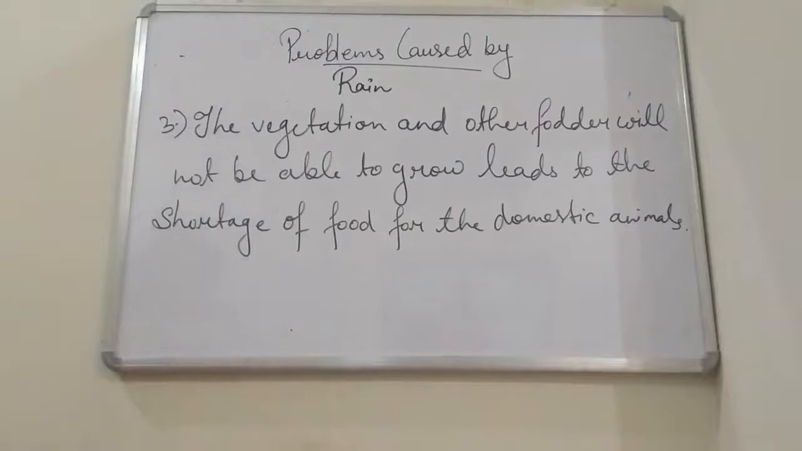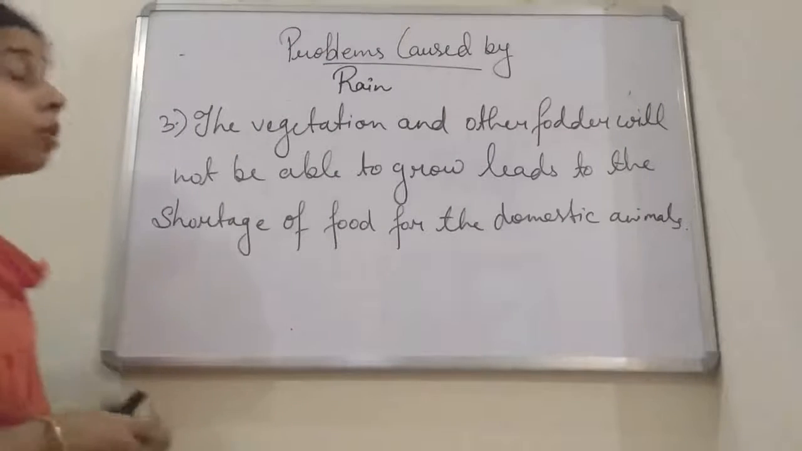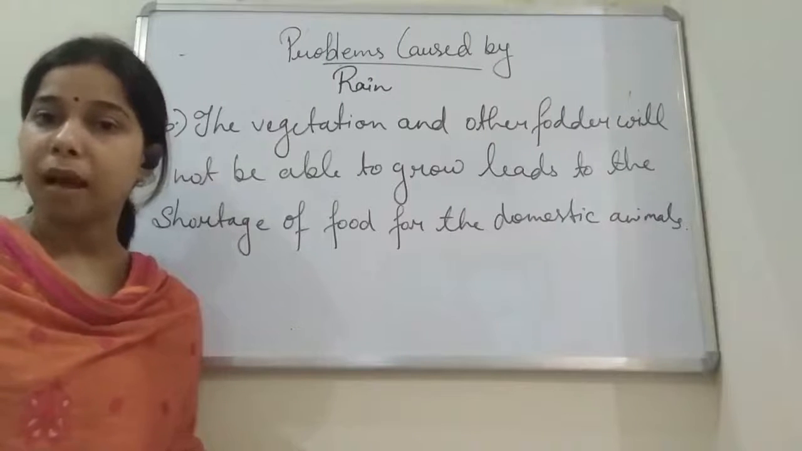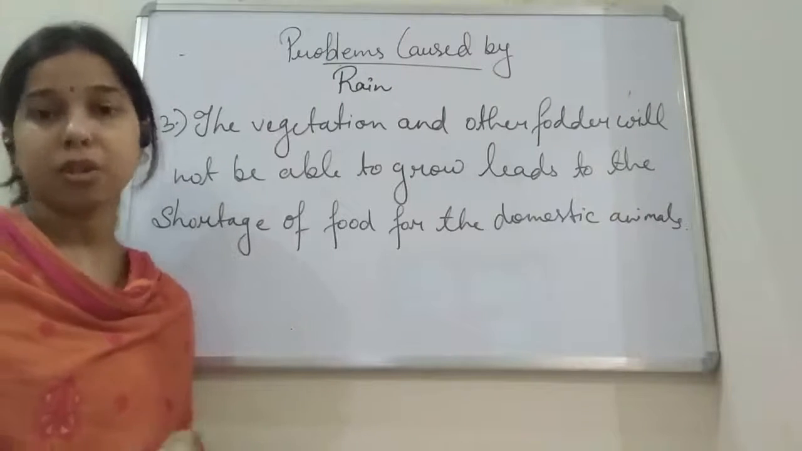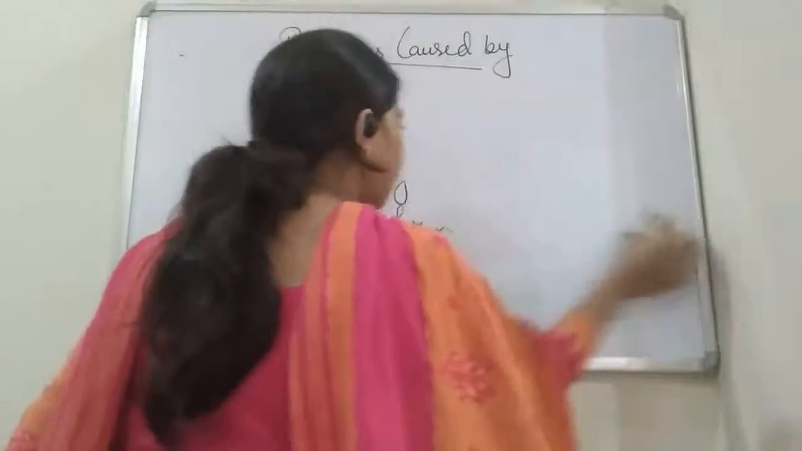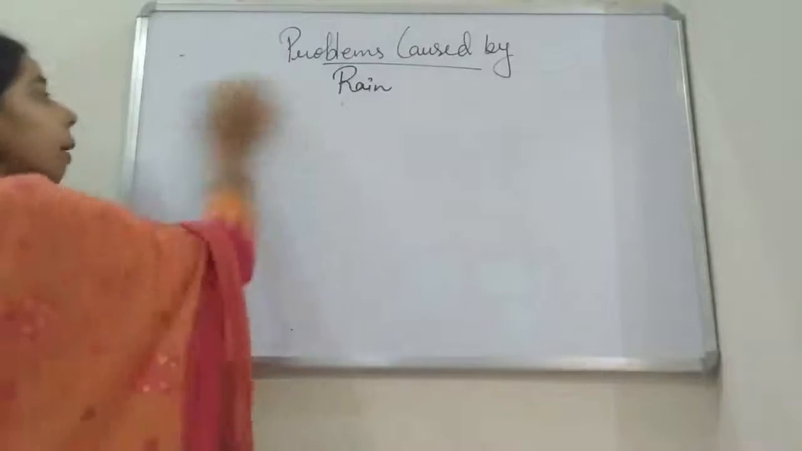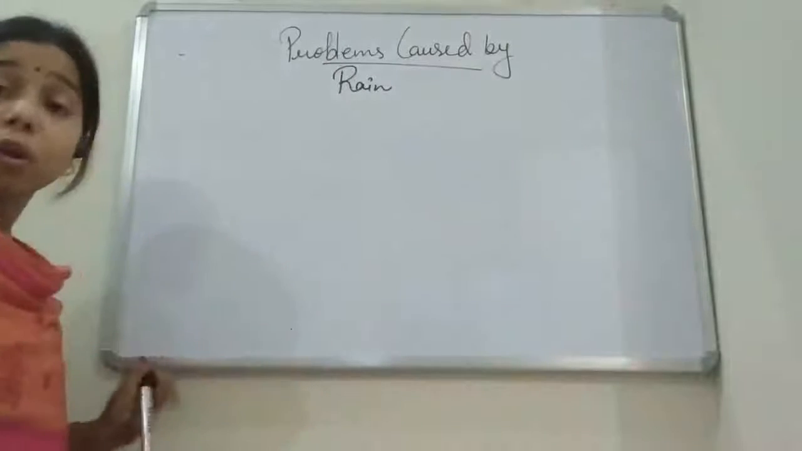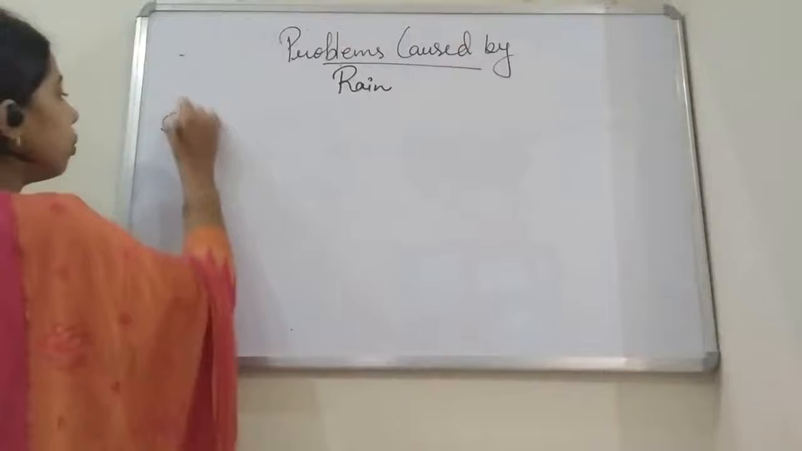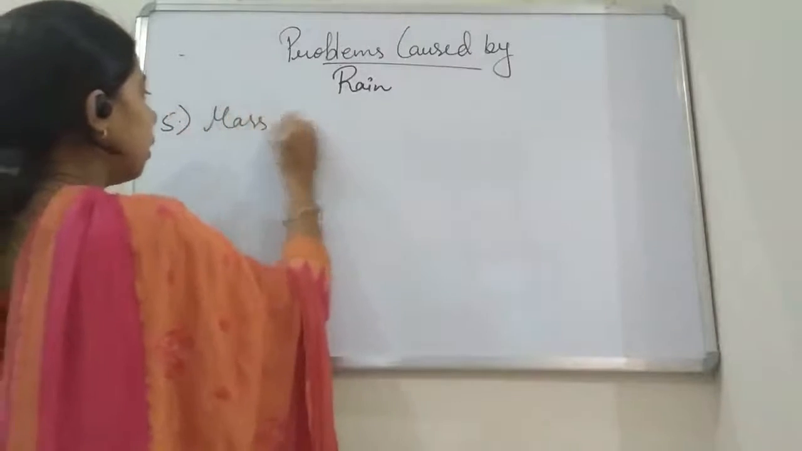Okay, next point is drought leads to the mass death of the animals and that of the plants due to dehydration. So we can say that since the water is not available, the plants and the animals are not able to survive, so it will lead to the mass death